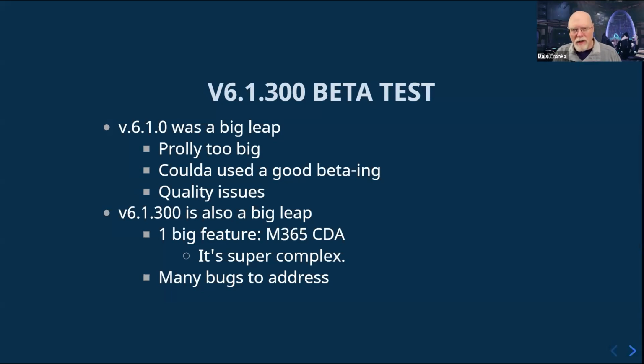6.1 was an entirely new UI and a new architecture in terms of displaying items to you using React and some other tools. It was a big jump in the product. It was a fundamental change to the UI. It eliminated, for the most part, not at the object level, but at the main UI level, the tabbed interface. That was probably too big of a jump to make without a lot more beta testing than we did.